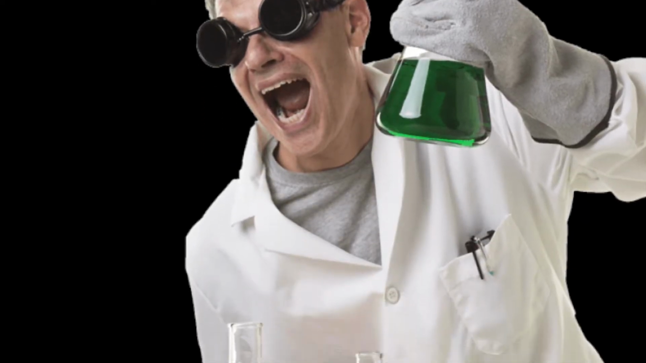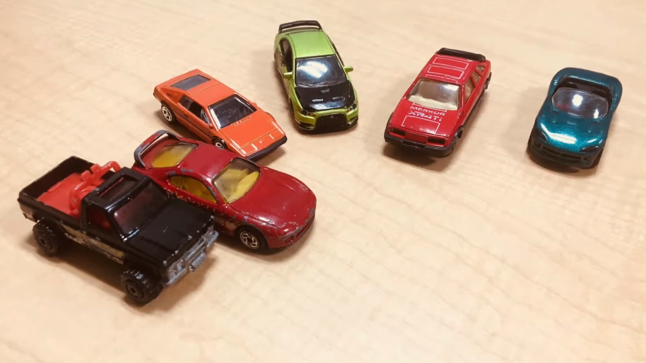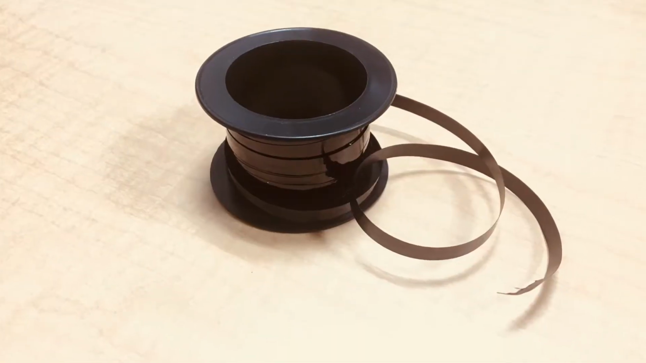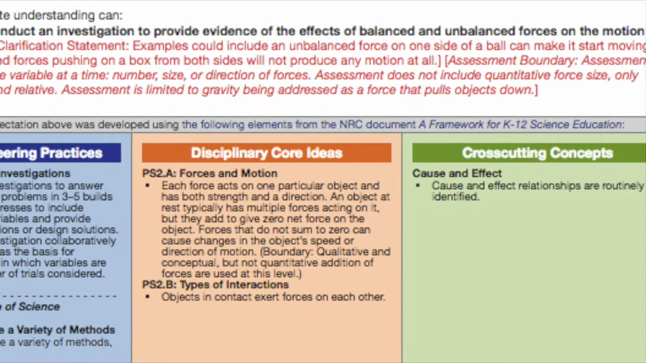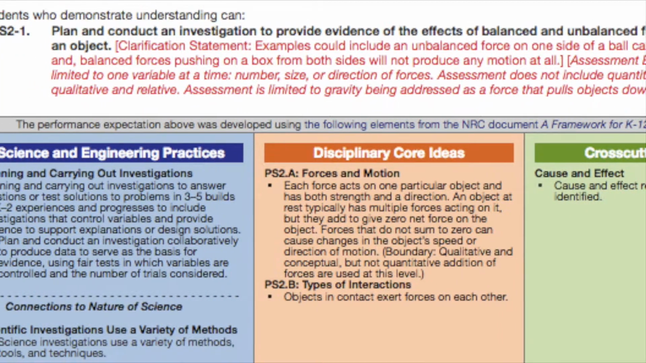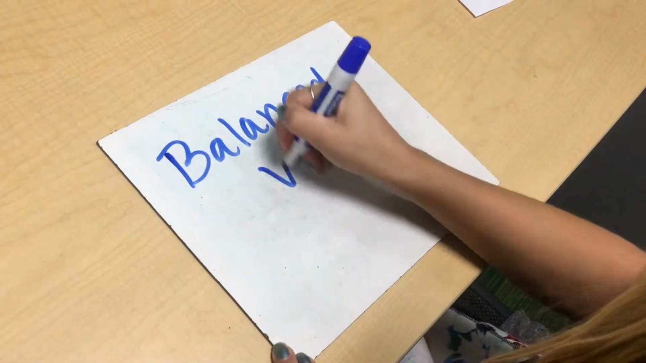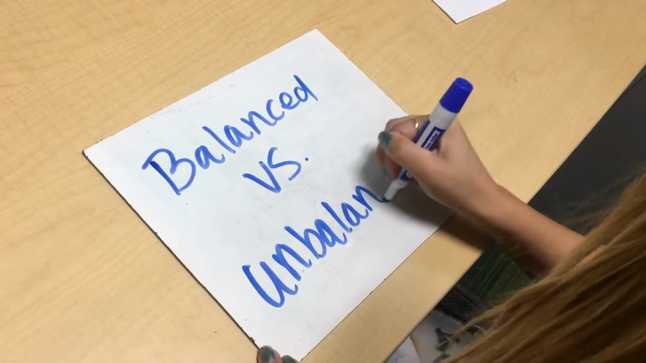Today we will be showing a demonstration that involves physics, a book, a car, a balloon, and some string. This demonstration would be an introduction to balanced and unbalanced forces within a unit on motion and stability. This demonstration can be used in grades 3 to 5 to model the effects of balanced and unbalanced forces on